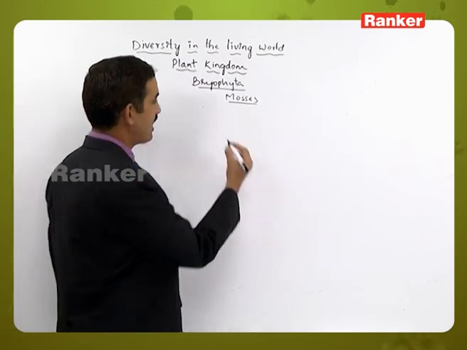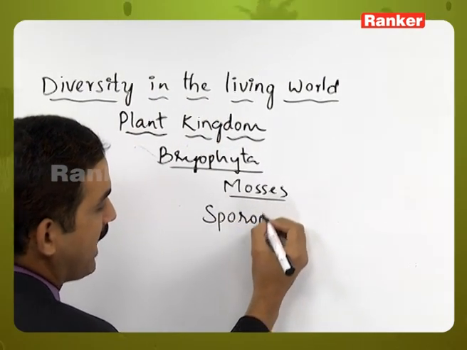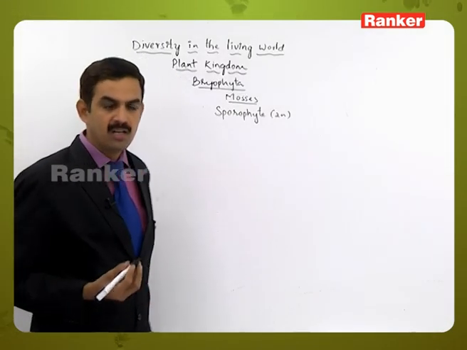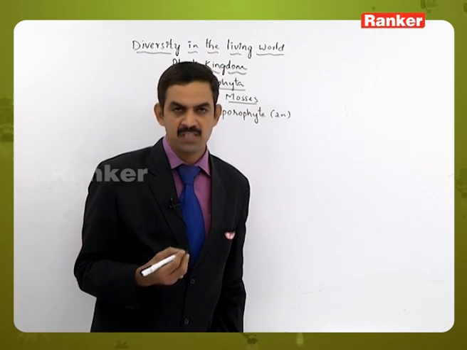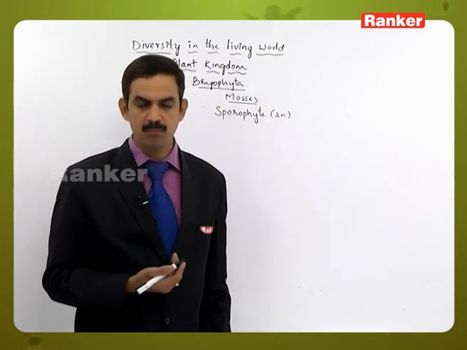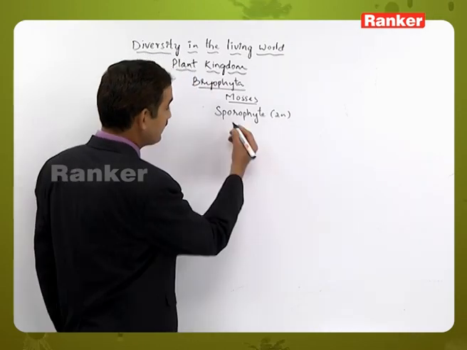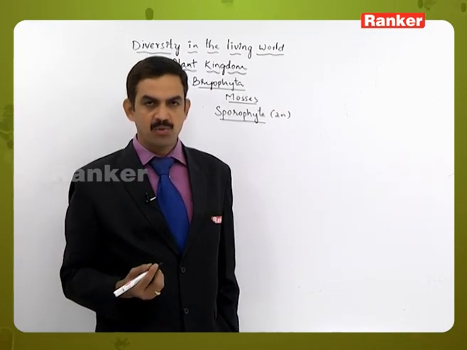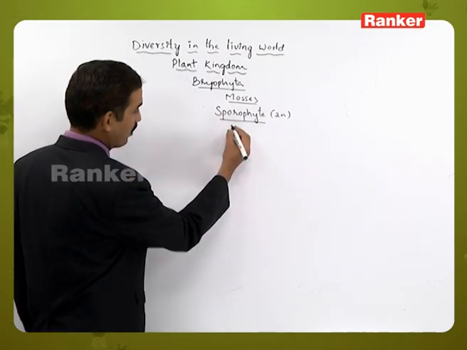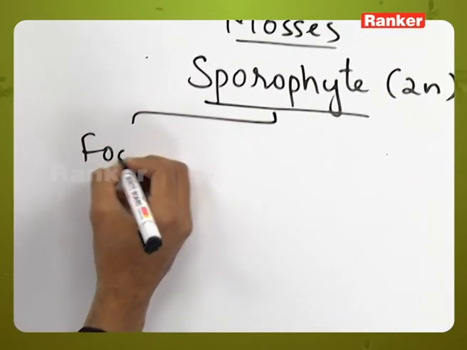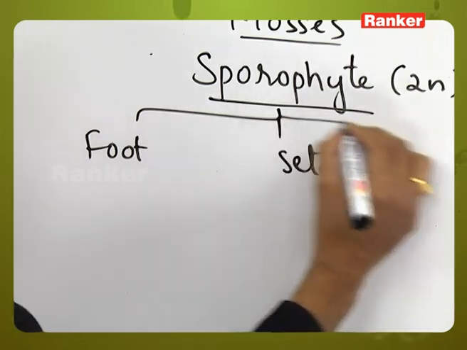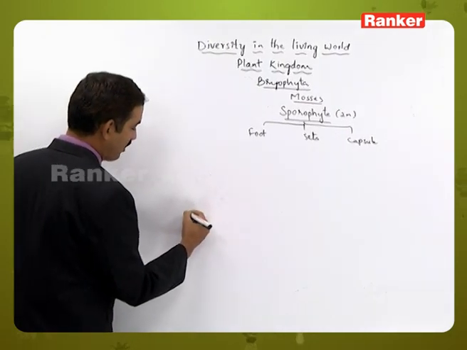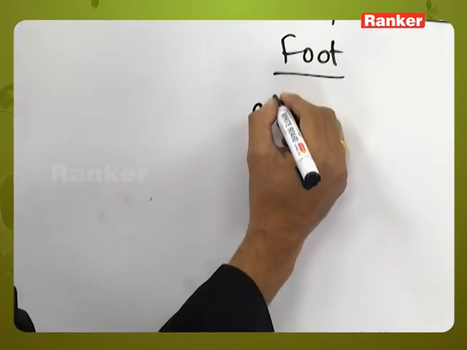Now, this sporophyte is formed from the embryo which is developing on the female shoot, because the embryo formation will occur in the archegonium which is present on the female shoot. That is the reason why the sporophyte will be there on the female shoot only, and this sporophyte is initially protected by the gametophytic protective sheet called the calyptra, and this sporophyte contains three parts. One is the foot, seta and capsule. So, if you observe the outline of this structure,